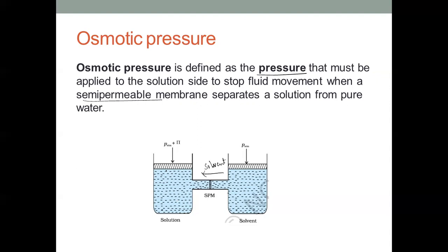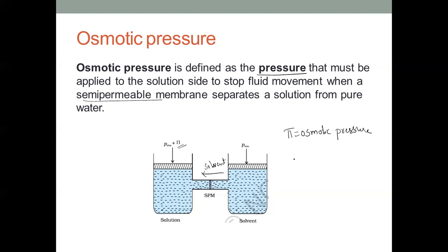But if I stop this process of osmosis by putting some pressure on it, this is called pi. So this pi is called what? Osmotic pressure. Pi is the osmotic pressure, right? We can stop this osmosis which is occurring here, right? Now,